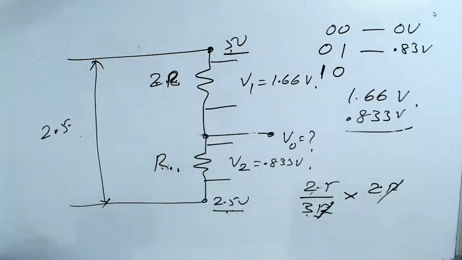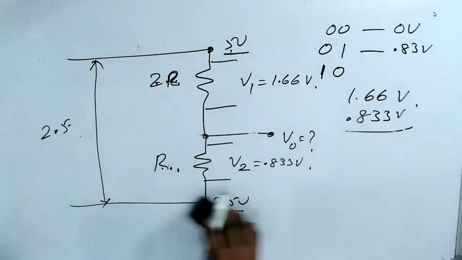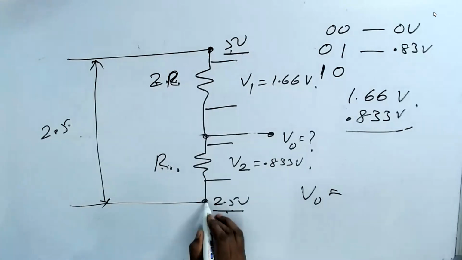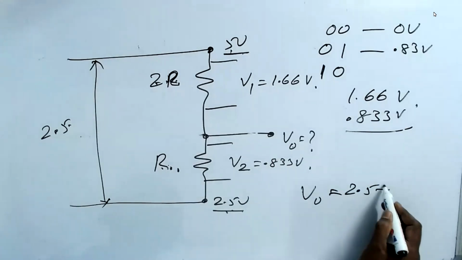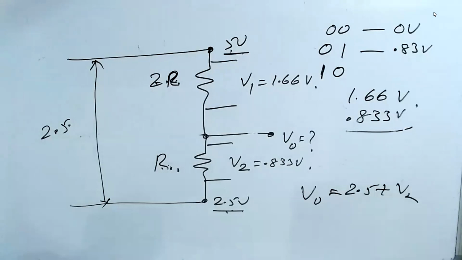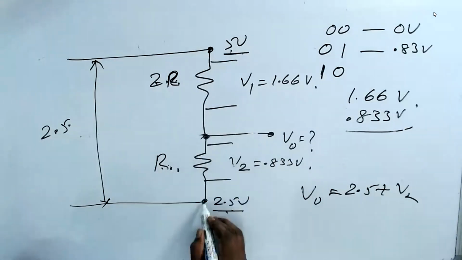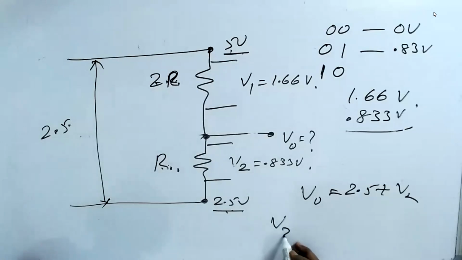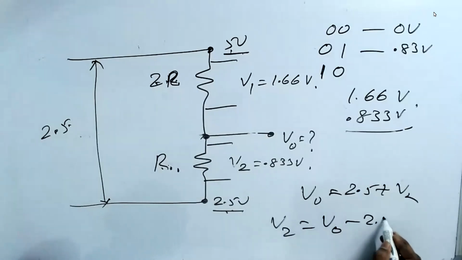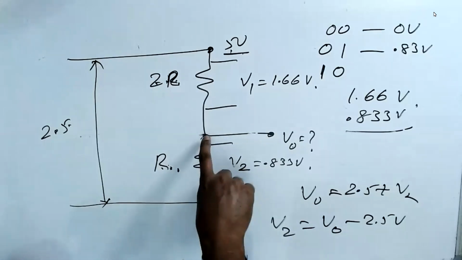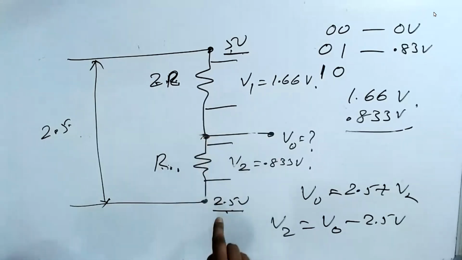Understand? Now, here is what you people have got. Your problem is, what is V0? V0 is equal to 2.5 plus V2. V2 is a potential difference between 2 points. So V2 is equal to V0 minus 2.5 volt. Do you agree that voltage is the potential difference between these 2 points? So what we get was